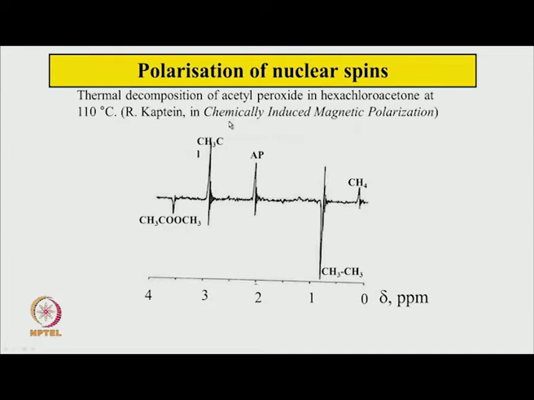Peroxides are known to break down when they are heated, and then they undergo some chemical reactions. And I see here this is ethane, this is CH3Cl, the Cl has come here. So, the spectrum here is all going up, these are going down. So, these are absorptive signals, this is an absorptive signal, but the signal from this molecule and the signal from this molecule are coming in the opposite sense, they are emissive in nature.